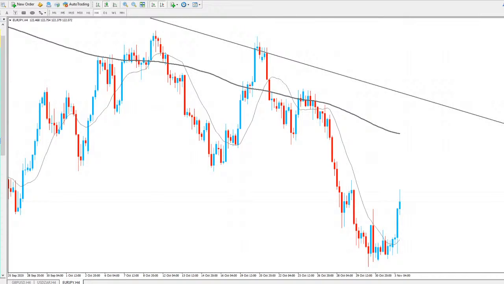Okay, so I'm going to look to end the live stream soon, but I'm going to do a quick rundown of the markets to see how they've gotten on since I last spoke. And then probably look to end the live stream after that. So first, going to start with AUD.